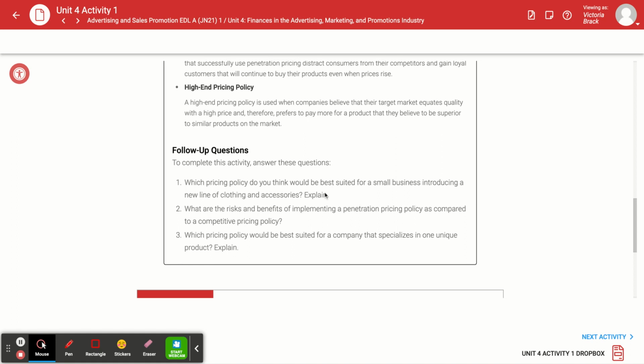Think about this situation here. What would be best suited for a small business that's introducing a new line of clothing and accessories, and make sure that that's justified. Now, number two, what are the risks and benefits of implementing a penetration